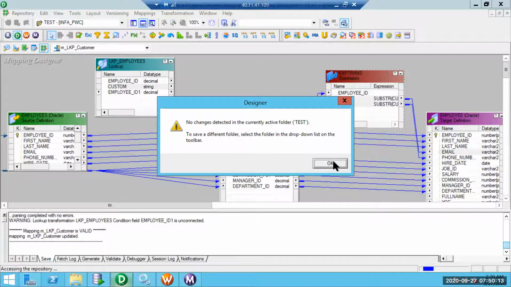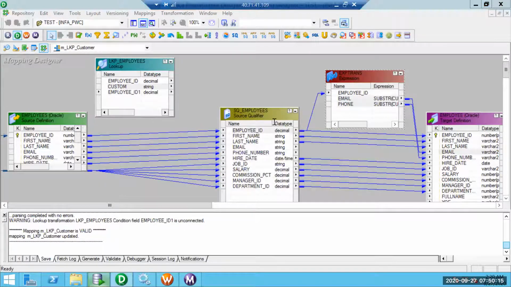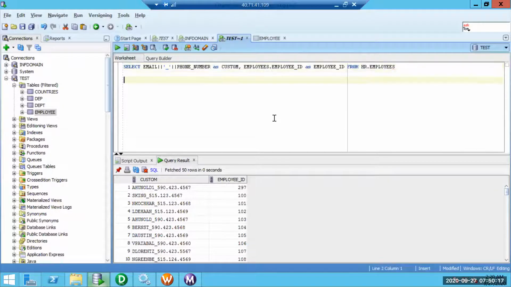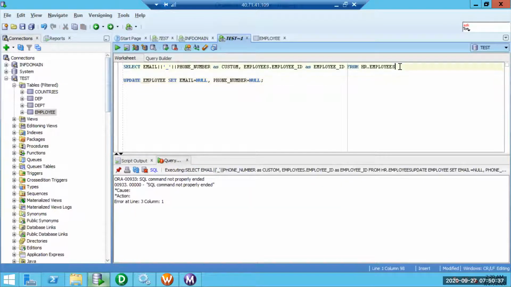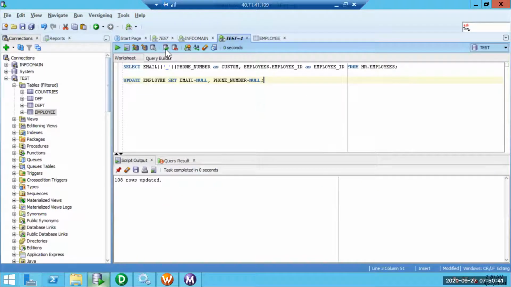Before that, let me update the columns to null. Test schema. Update employee set email equal to null, comma phone number equal to null. Both the statements updated records.